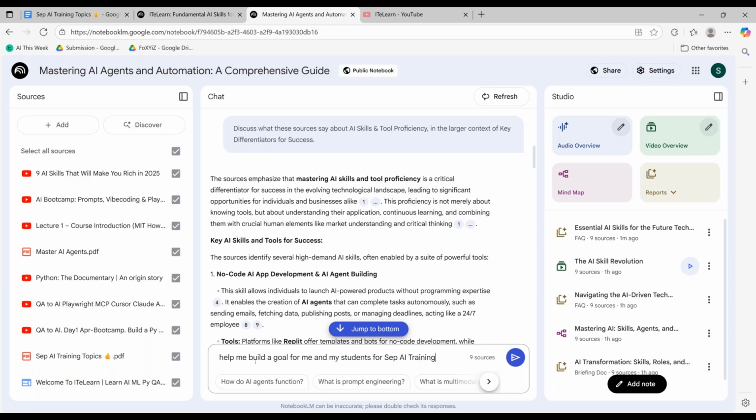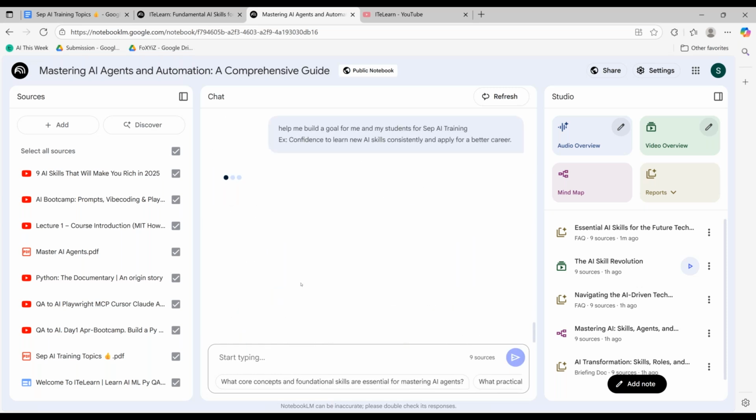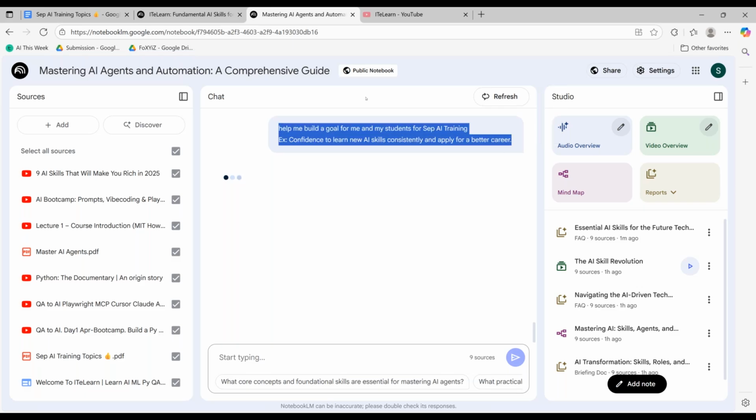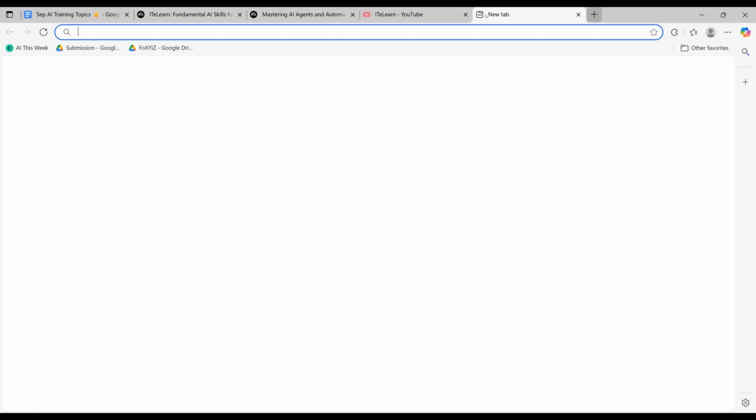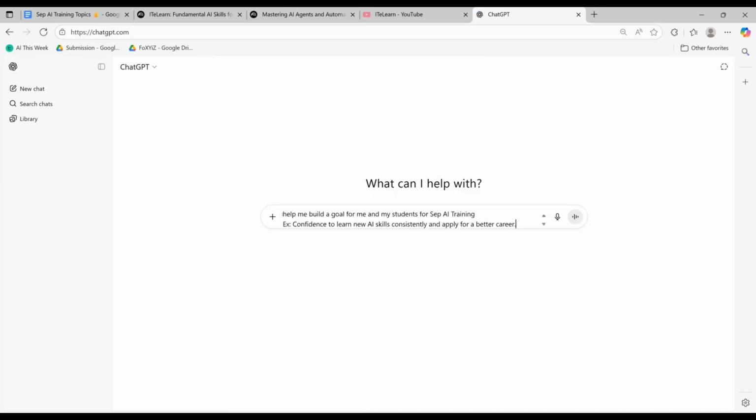Once I gave the context, for example, confidence to learn new skills consistently and apply for a better career. Once you learn which AI tools are more suitable for you, you can start using them. Now, the same questions I can ask even ChatGPT, saying, hey ChatGPT, help me out with something, or Grok, or anything like that.